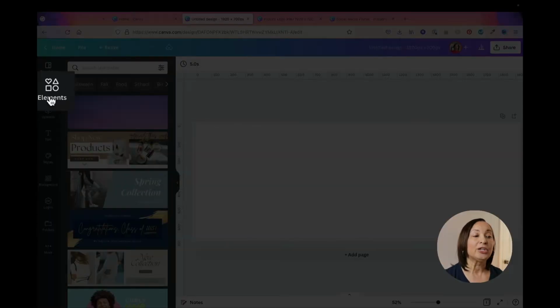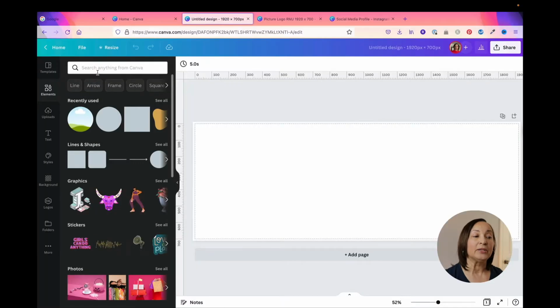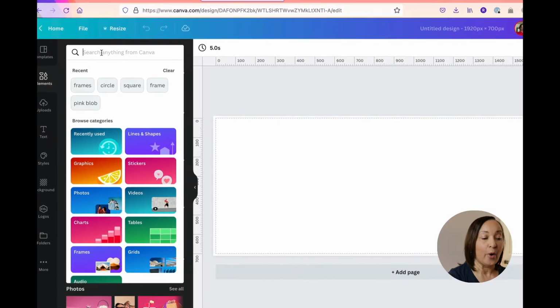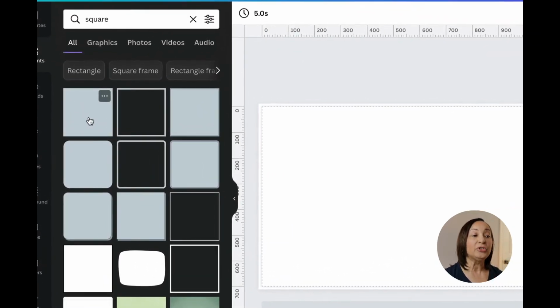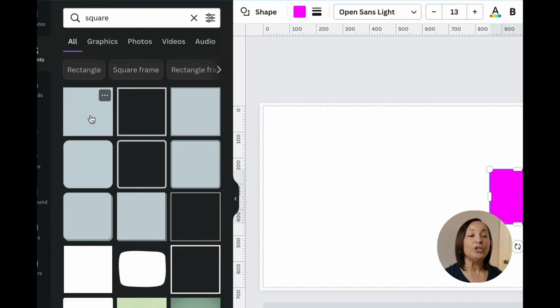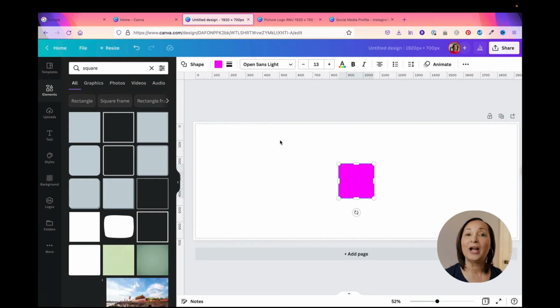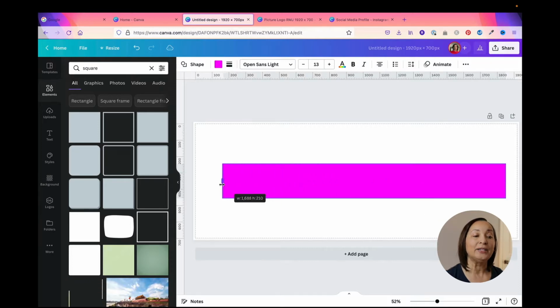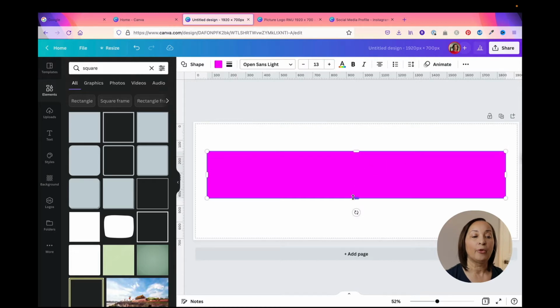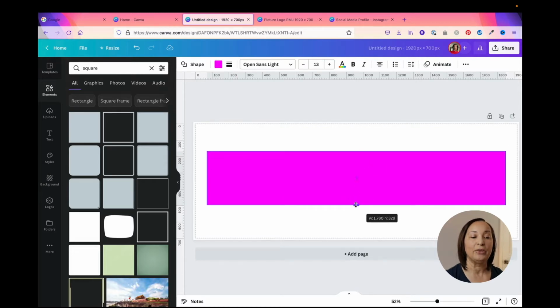Come over to this section on the left and you're going to click on Elements. What we're going to be looking for is a square, because essentially we're going to turn that into a rectangle. You'll click on the square icon that you see here, and don't worry about the color that it comes in as, because you're going to be able to change that to your brand colors. Now you'll want to grab the edges of the square and stretch it out, and you're going to see guidelines pop up. There they are. And we're going to do that on both sides to make it into a rectangle. Now we're going to make it a little bit taller by grabbing the center guidelines and grabbing those as well.